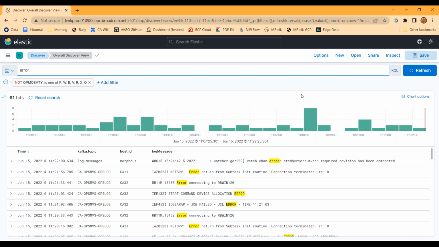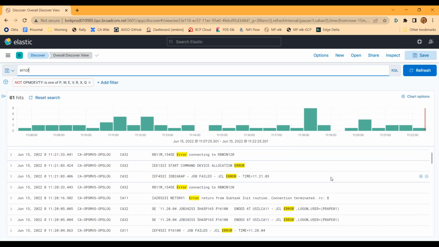Now, in fairness, I think we could do a better job here. There are other things that we can do with this data, and we may cover some of that a little bit later. But as an SRE walking up to this, if someone says, hey, Bob, or hey, Greg, it looks like there might be a problem, can you check? Okay, so I might walk up and start paging through some of these errors.